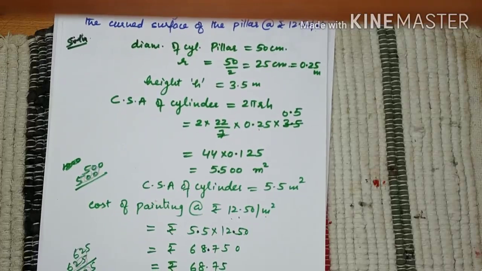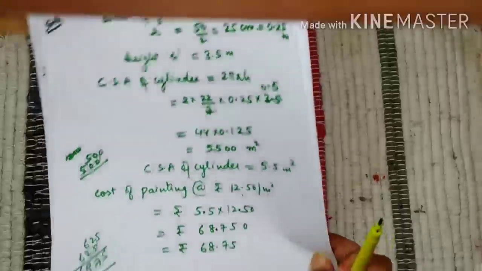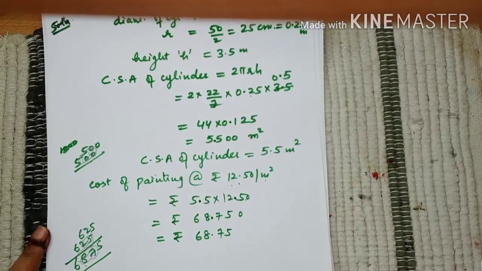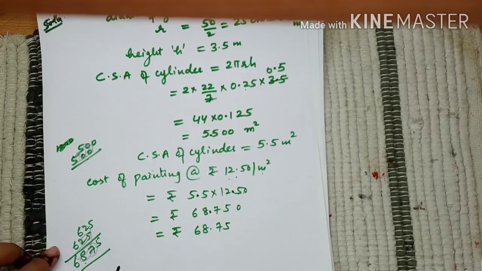Right, children? This rough work I am doing here just to show you the calculation part, but you should avoid doing it in the fair notebook. You should do it in the rough notebook. Next time onwards, even if I make a mistake, I should keep a rough paper with me and do it in the rough paper. Right?